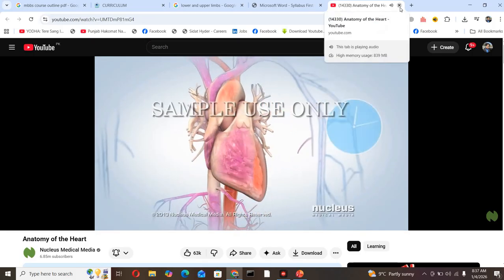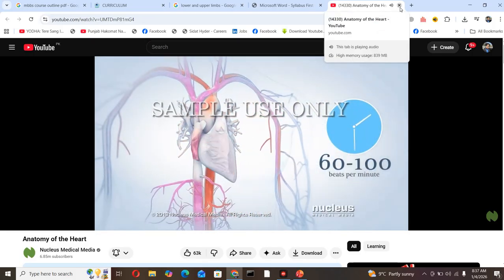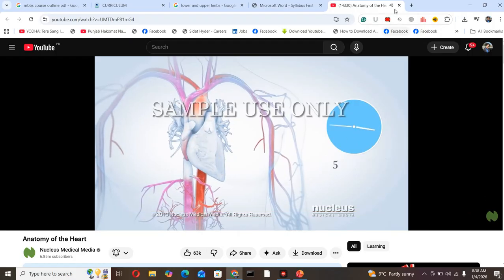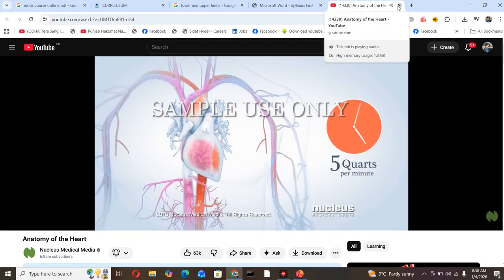Your heart beats an average of 60 to 100 beats per minute. In that 1 minute, your heart pumps about 5 quarts of blood through your arteries, delivering a steady